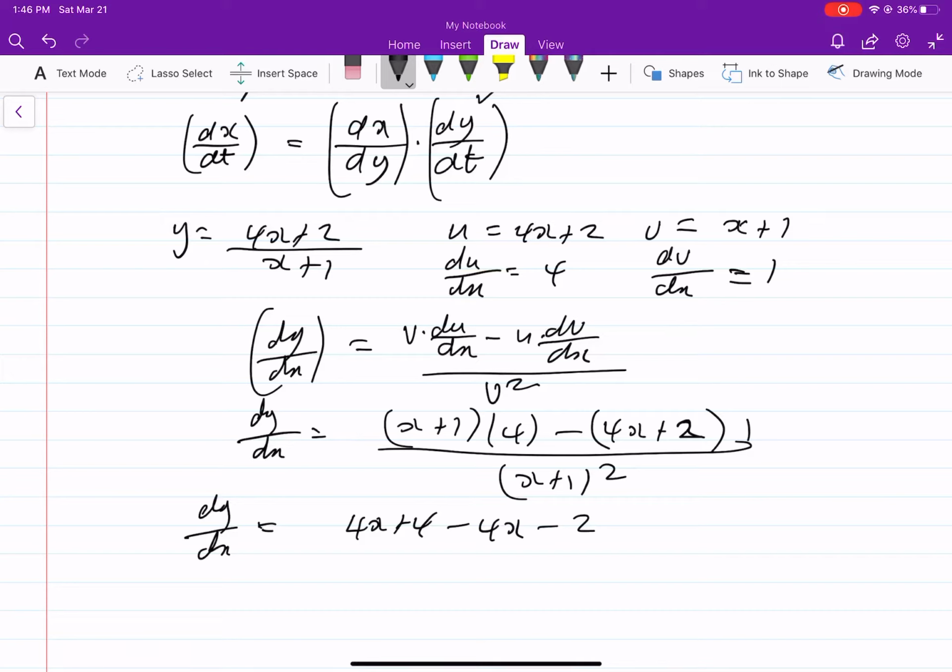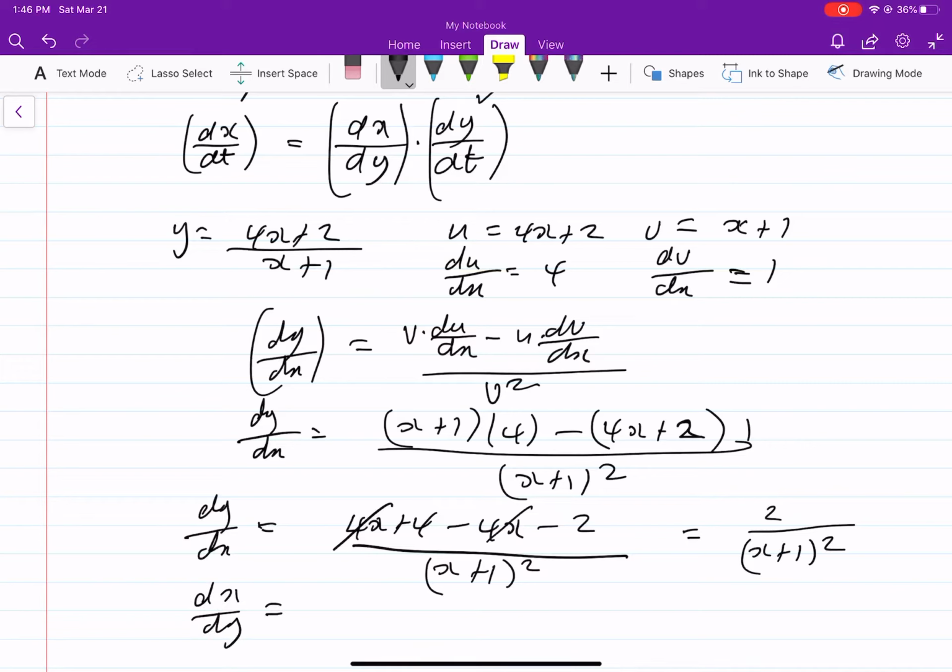I think I got that right. All upon (x plus 1) all squared. The 4x's will cancel out. And what's left? 4 minus 2 is 2. That looks like 2 upon (x plus 1) all squared,